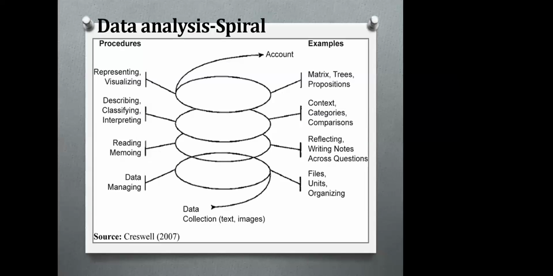So in essence, what we are saying is that the data analysis process takes a spiral approach. You are beginning from where you have collected your data, and as you've collected your data, of course, you have different forms of data. And you have to think about the management. In terms of management, it means you're ensuring that the data has been transcribed and cleaned. If it was in a vernacular language, then it has been translated to English. So that is the data management, and it is properly